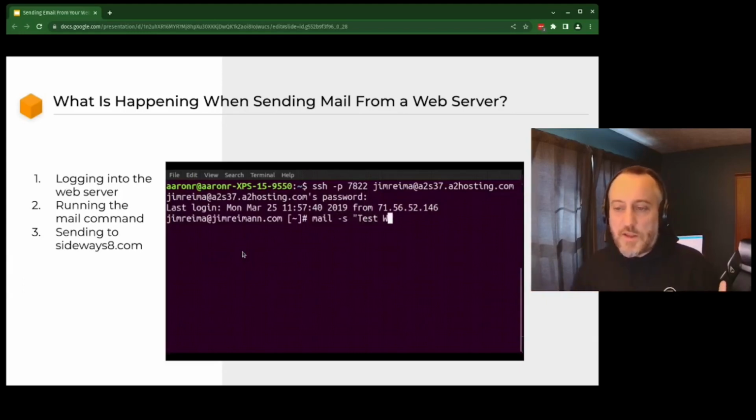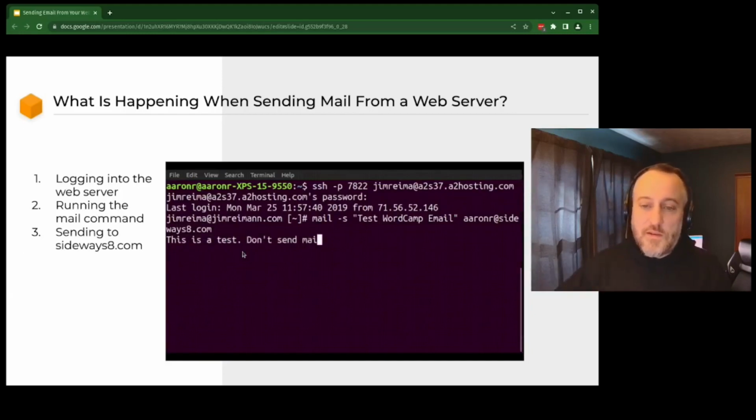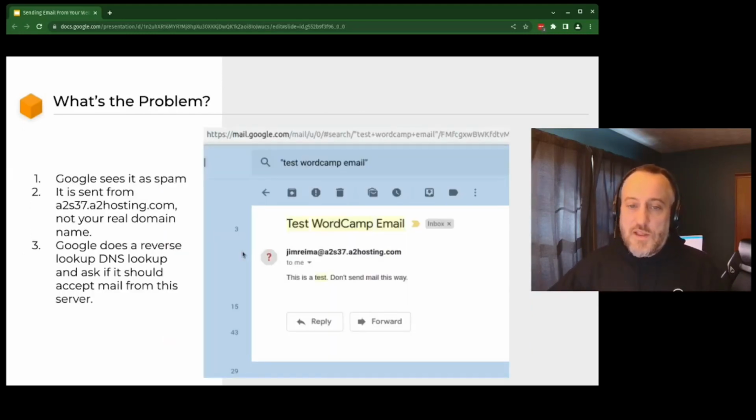So again, I'm connecting to a web server, not an email server. I'm connecting to a web server that has a program called SendMail installed on the server. And the problem is that one, Google sees it as spam. It doesn't know what a2s37.a2hosting.com is. I mean, that's obviously not my website.